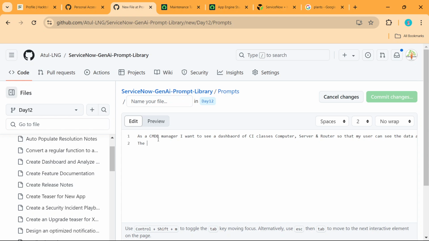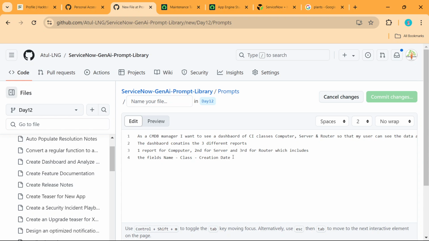So I'll say the dashboard contains three different reports: one report for computer, second for server, and third for router, which includes the fields name, class, and creation date.